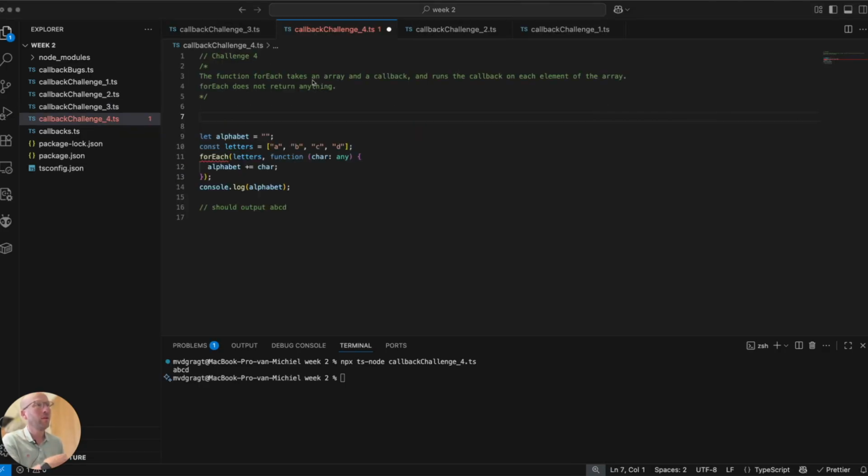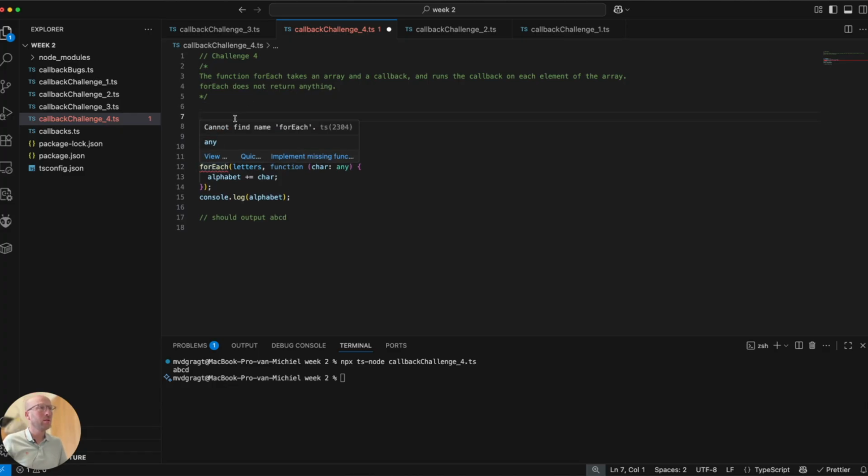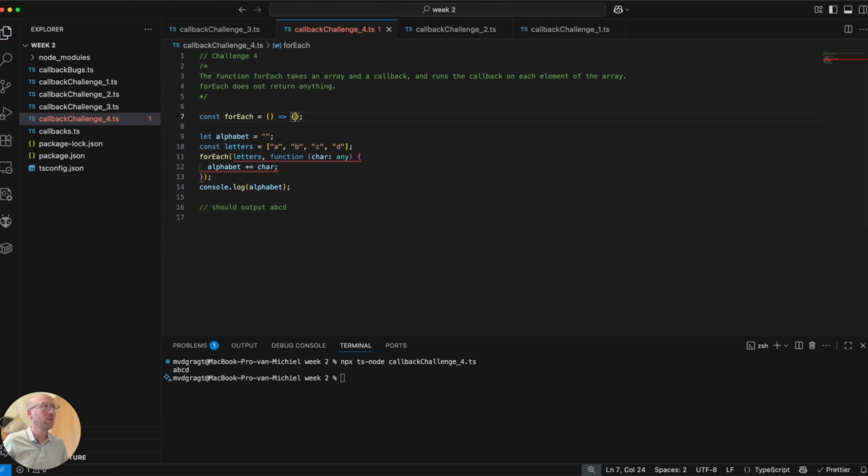Challenge 4. The function for each takes an array and a callback and runs the callback on each element of the array. For each does not return anything. So it wants us to create a function called for each, like this. It takes in an array,